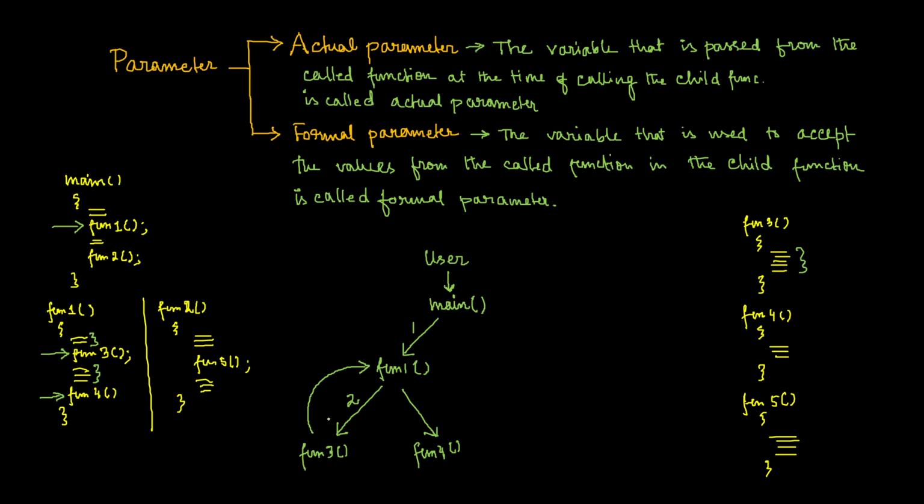Let's keep numbering. I'm also numbering this return: that is 3 and this is 4. In a similar way, we have seen that function 4 also has some set of instructions, but there is no more calling of any other function. So after completion of the instructions in function 4, again the control of the processor will go back from function 4 to function 1. Why to function 1? Because always remember, it's a very important point that